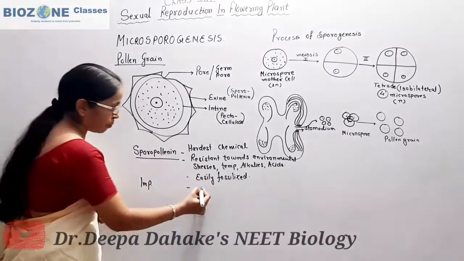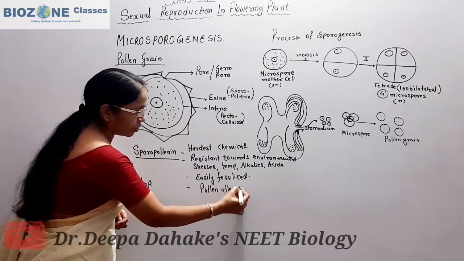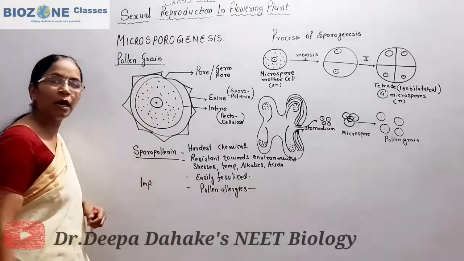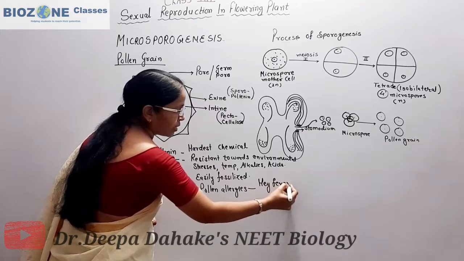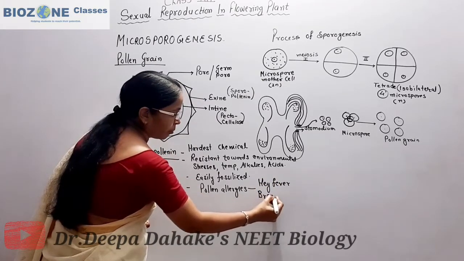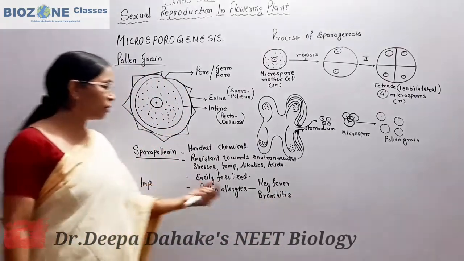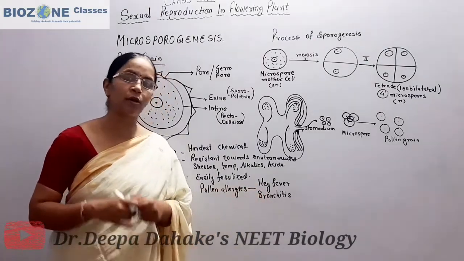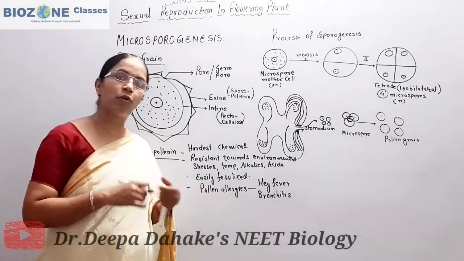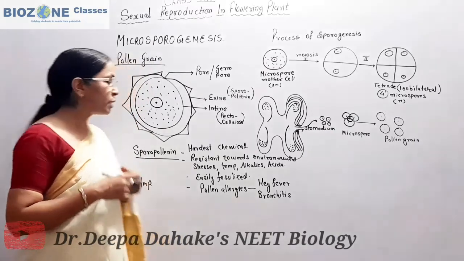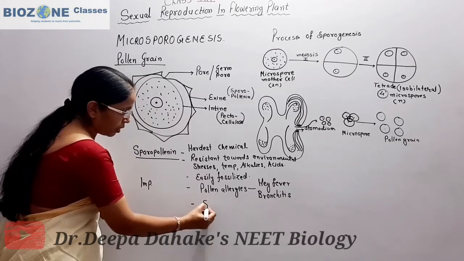In human health, pollen grains are responsible for pollen allergies, the different kinds of pollen allergies we study. And under pollen allergy, one of the important ones is hay fever as well as bronchitis. You remember bronchitis, or the allergies of the respiratory tract. You remember these, hay fever and bronchitis, are the common allergies and diseases which are caused by the pollen grains of different plants. And the second importance of the pollen grain, you remember the pollen grains contain sucrose,